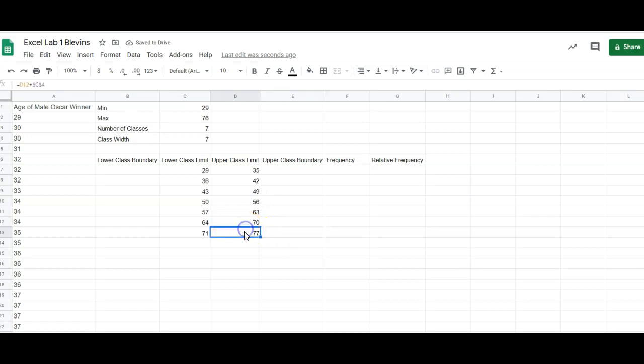Alright, and notice now our last class, 71 to 77, does contain the maximum. Okay, upper class boundaries, let's do that next, and then we'll come back and do the lower class boundary at the end. The upper class boundary is going to be the average of this upper class limit and the next lower class limit. So the current upper class limit and the next lower class limit